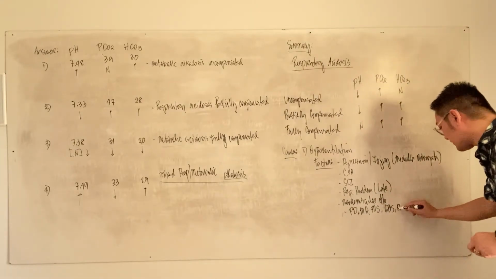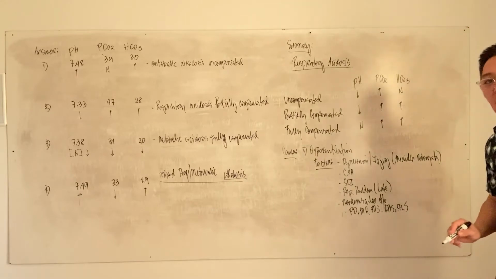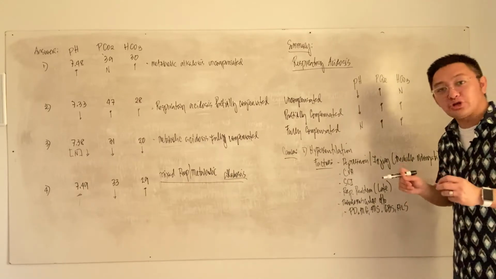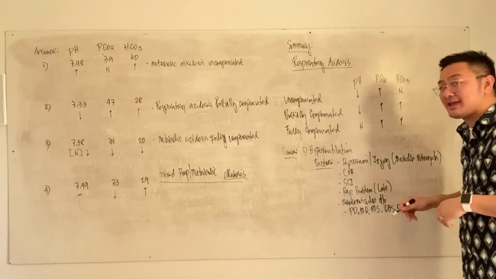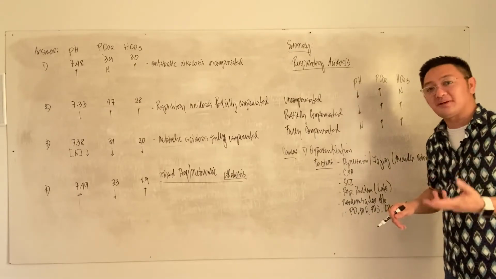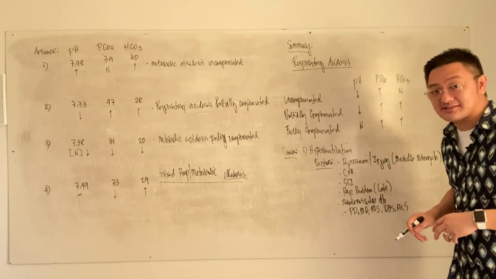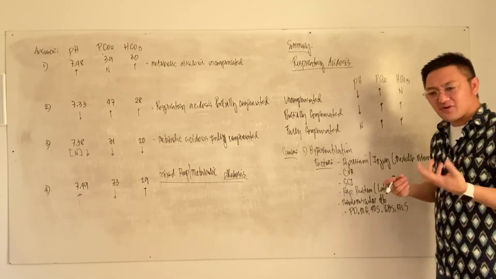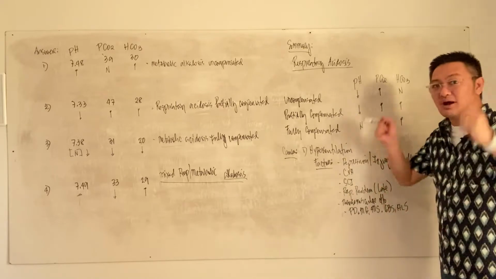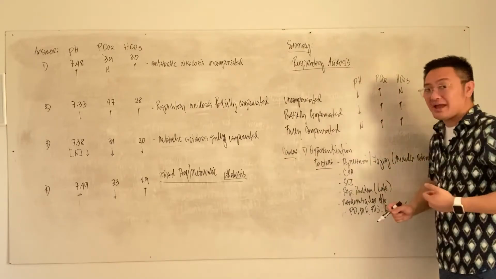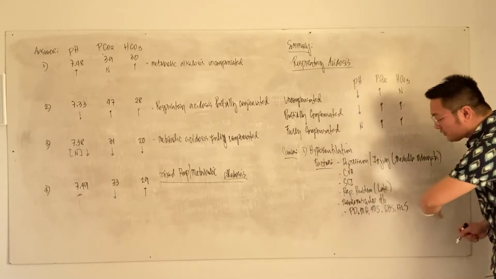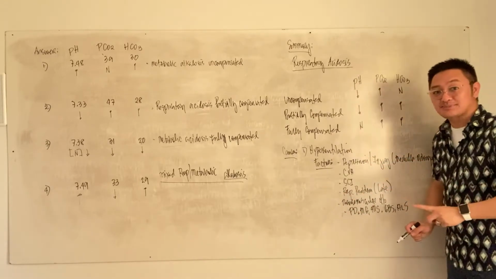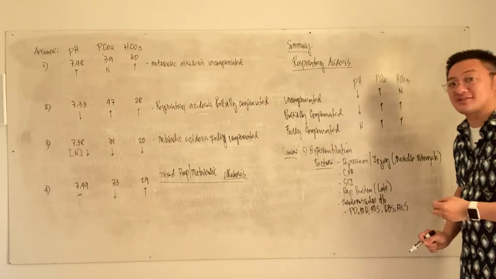Another example is your ALS or amyotrophic lateral sclerosis, which is a form of motor neuron disease. By the way, another name for ALS, amyotrophic lateral sclerosis, is Lou Gehrig's disease. Okay, I hope you can remember there was a scenario before, I forgot what year that was, where there was an ice bucket challenge that has something to do with your ALS. So if you notice, all these neuromuscular problems will end up having pulmonary respiratory failure, and that is the most common cause of death.